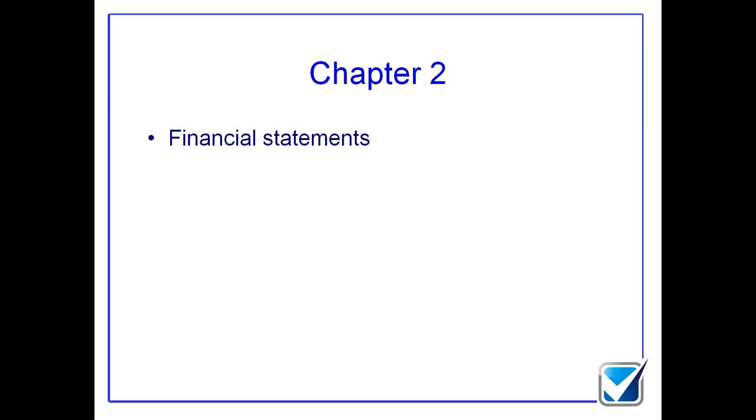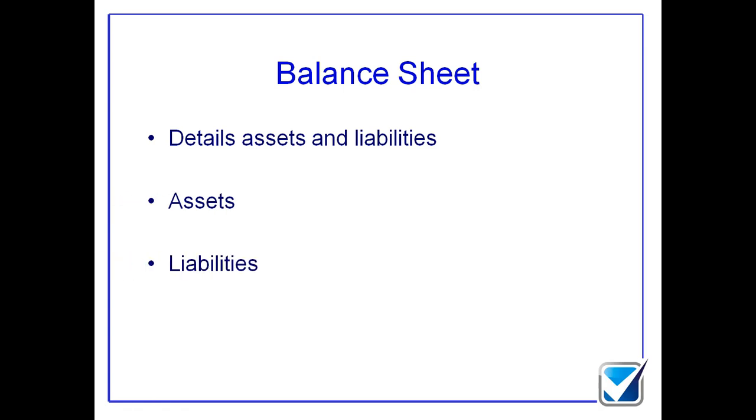So what we've got is a balance sheet. The balance sheet details all of my assets and liabilities. This type of statement of financial position is effectively a financial camera taking a snapshot at a specific second in time, and it will just list all of the assets we have and then all of the liabilities that we have.